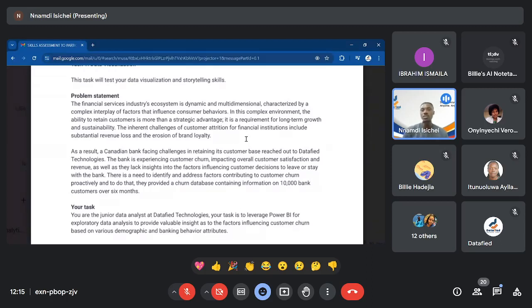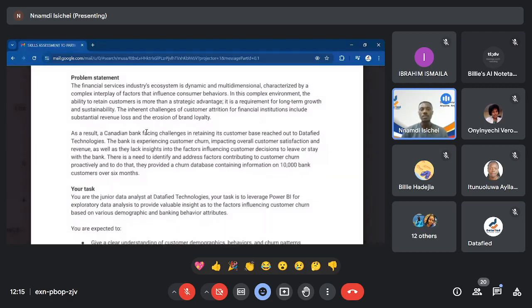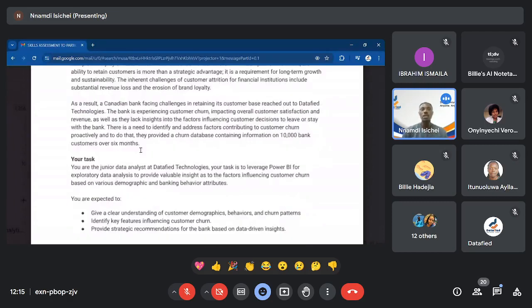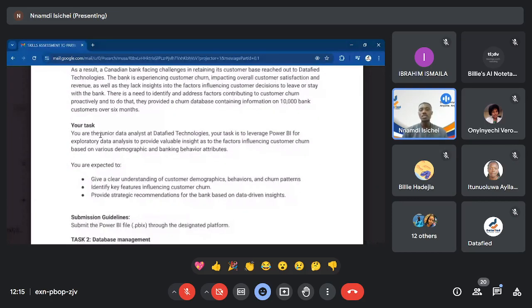The inherent challenges of customer attrition for financial institutions include substantial revenue loss and erosion of brand loyalty. So, given this problem statement, what's your task? As a junior data analyst at Datafied Technologies, your task is to leverage Power BI for exploratory data analysis to provide valuable insights on the factors influencing customer churn based on various demographic and banking behavior attributes.